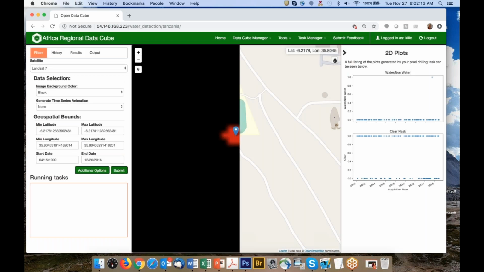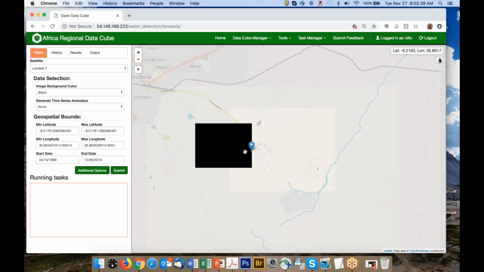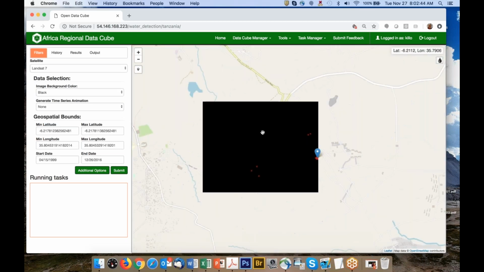Oh, there it is. That particular area, which was just to the far east, only experienced water one time in 2015, somewhere in 2015. So it was probably a heavy rain event. Water was settled there for a portion of time, and one of the Landsat scenes picked it up. So one time in a 17-year time window. So I'm now going to go back and look at some of these scenes and look at some of the